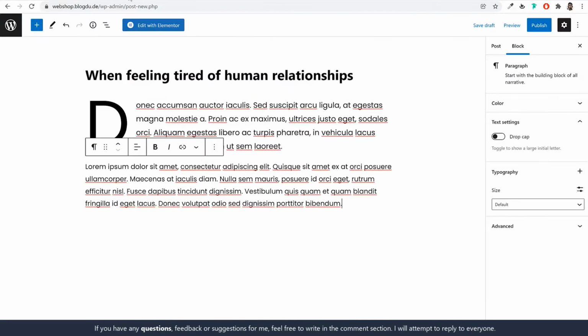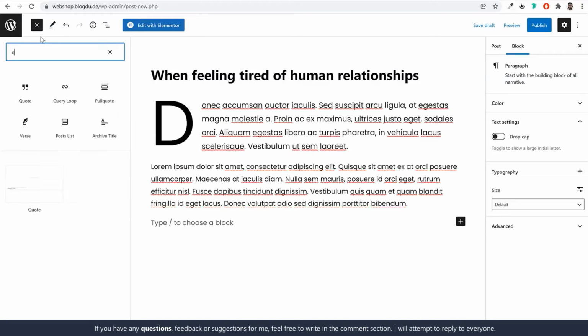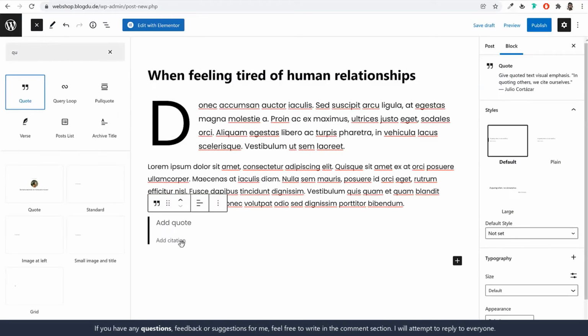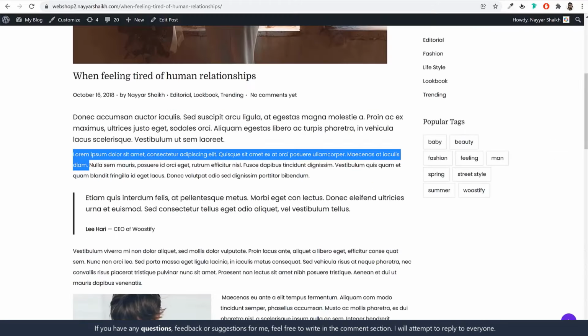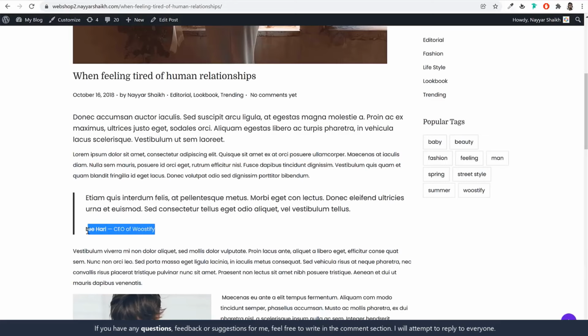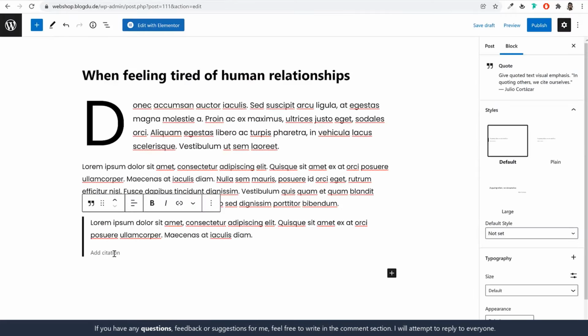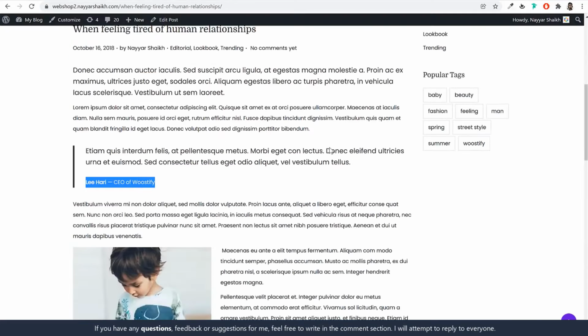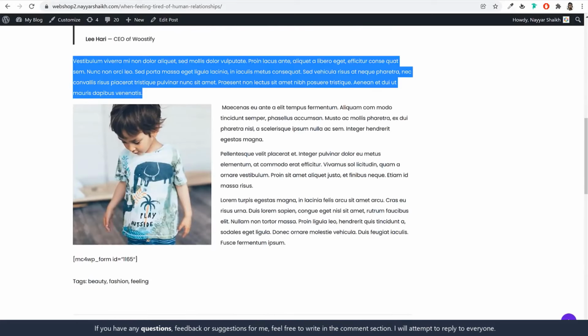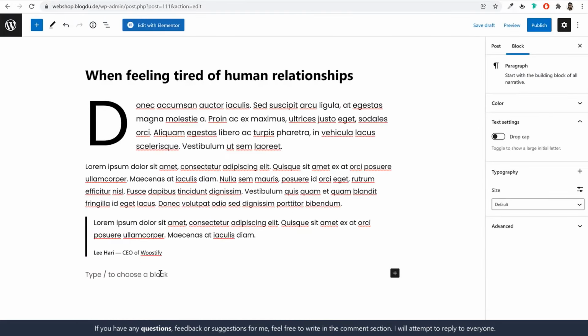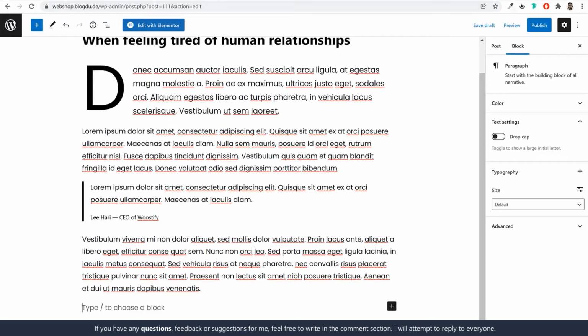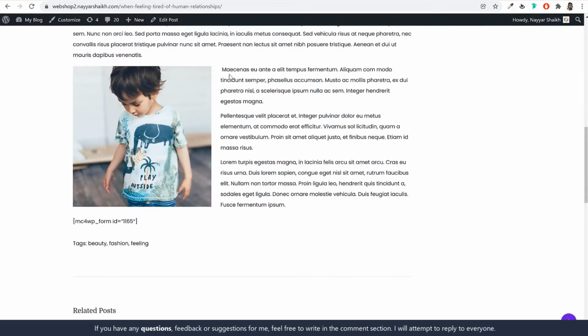This is a block quote, but I'll just add it like this. Click on this plus button, search for quote. Here you have your quote. Now enter your quote and enter your citation. So this is the citation. Now this will give you this style. Then we have this thing again, simple text. Paste it, simple text. And after that, we have this image at the left hand side and this text at